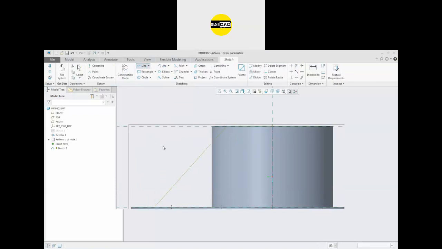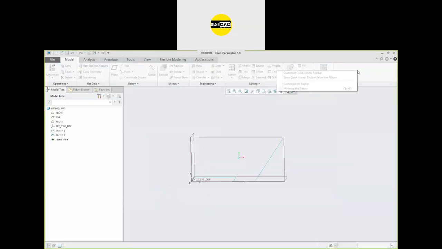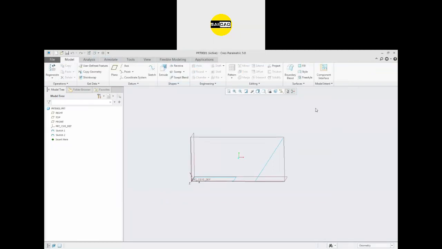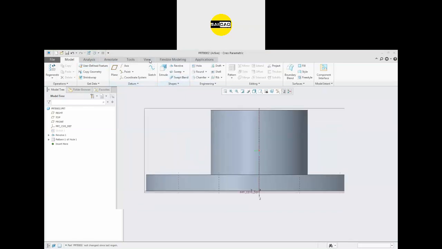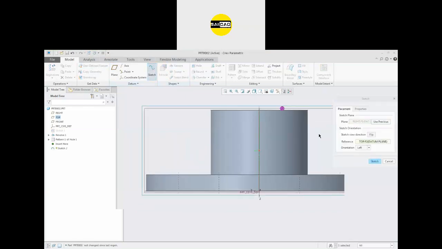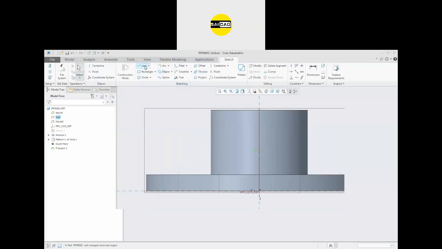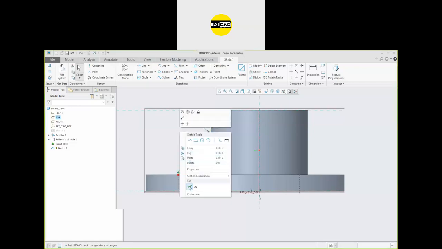I want to make it inclined according to this one. So this is the line.